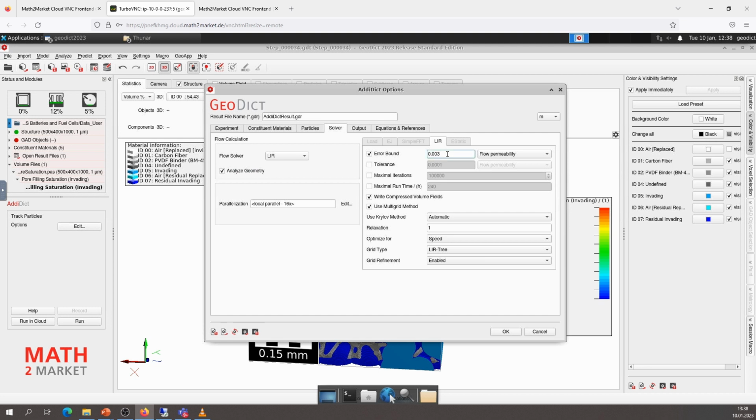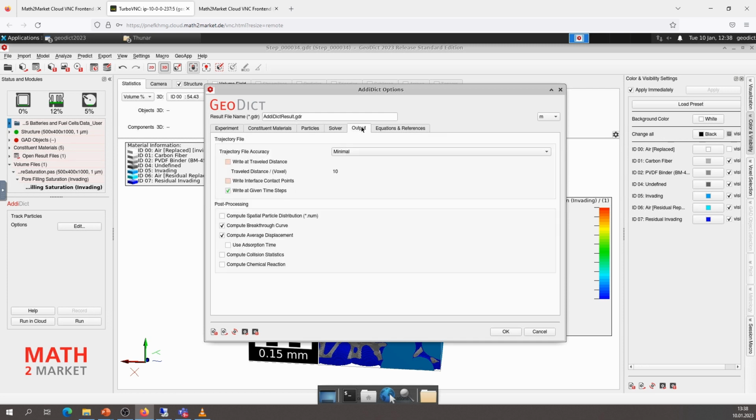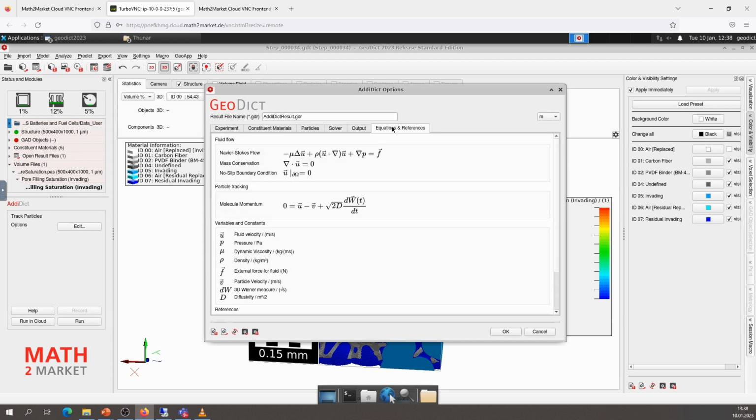The error bound we can make maybe a little bit bigger to get a faster result. We can keep those parameters here. We have here 2 check marks. If you want to have something else in this part, you can also do this.